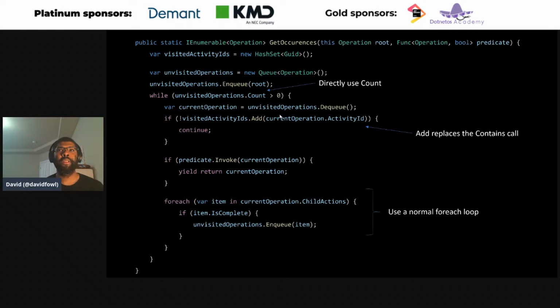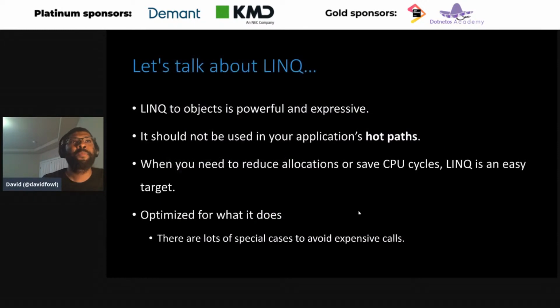And then instead of doing the super fancy ForEach function, you can just do a normal foreach statement that doesn't allocate anything at all, and that checks if the item is complete and then enqueues the operation. So there's no delegate allocation, there's no LINQ, there's no list allocation happening. It's very simple, straightforward code. I know we all wish LINQ could kind of unroll to do this, but as of right now, LINQ is extremely optimized, but it doesn't do these kinds of optimizations, right? It isn't at this level as yet.